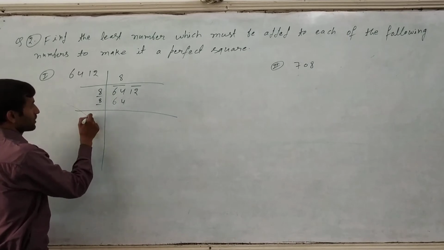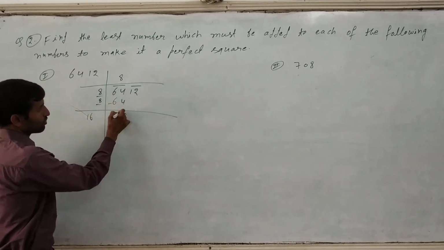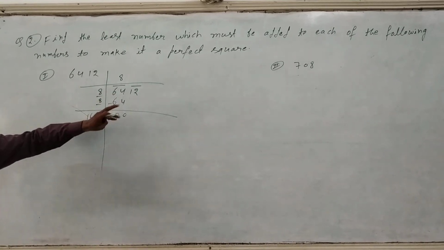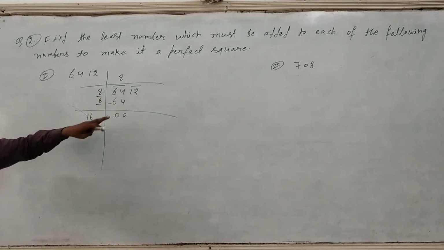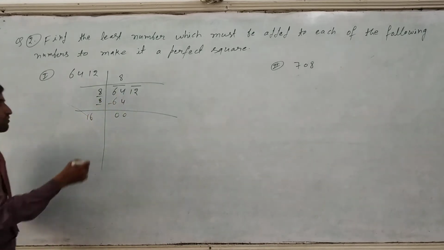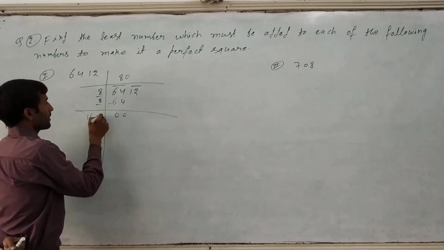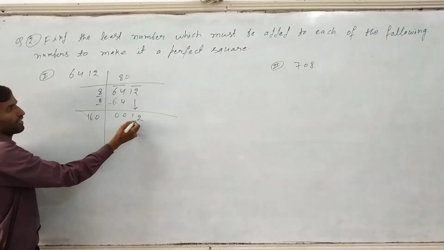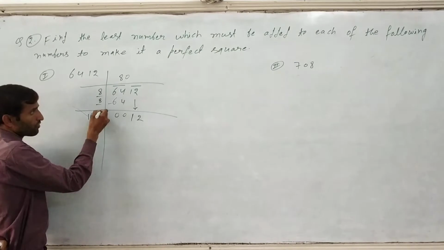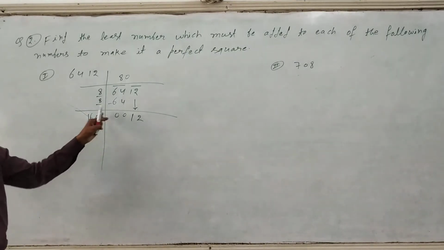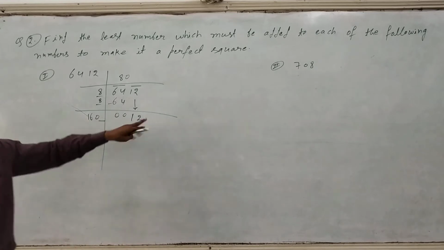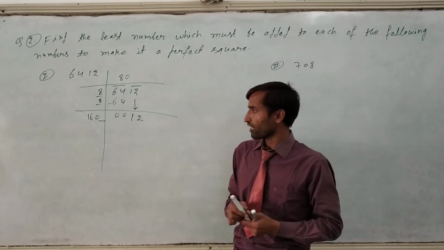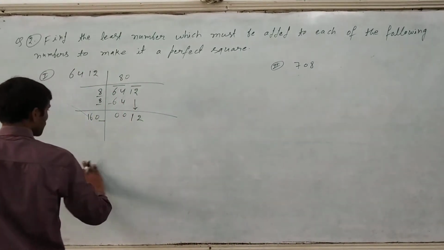And then we subtract, 0 0 will come. Now if both are 0, we have to write down this digit here. In that case we cannot write directly. For that we have to put 0 here and 0 here also. Then write down 12 here. Now see, 160 is there and 12 is there, and after that we also have to find one digit. Then it will come more than this number, so it will not divide, meaning it is a remainder part. So the remainder is 12. Now we have to leave this up to here.